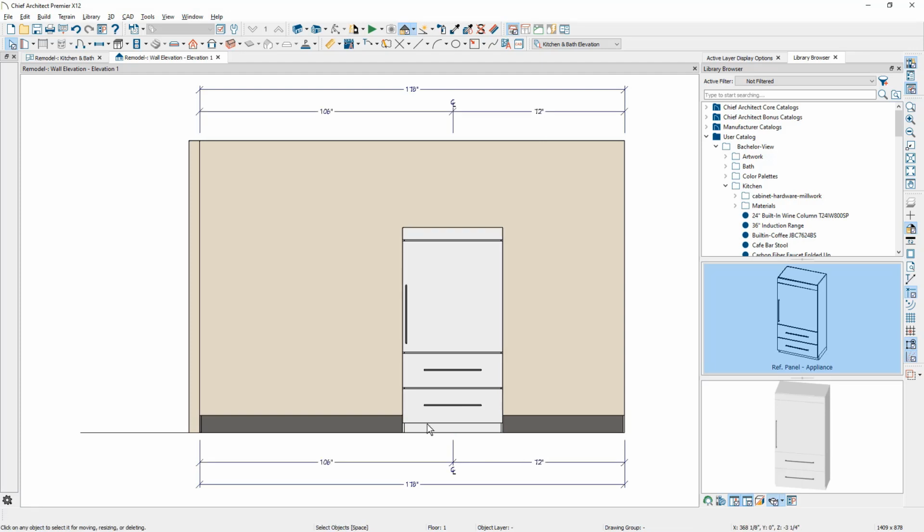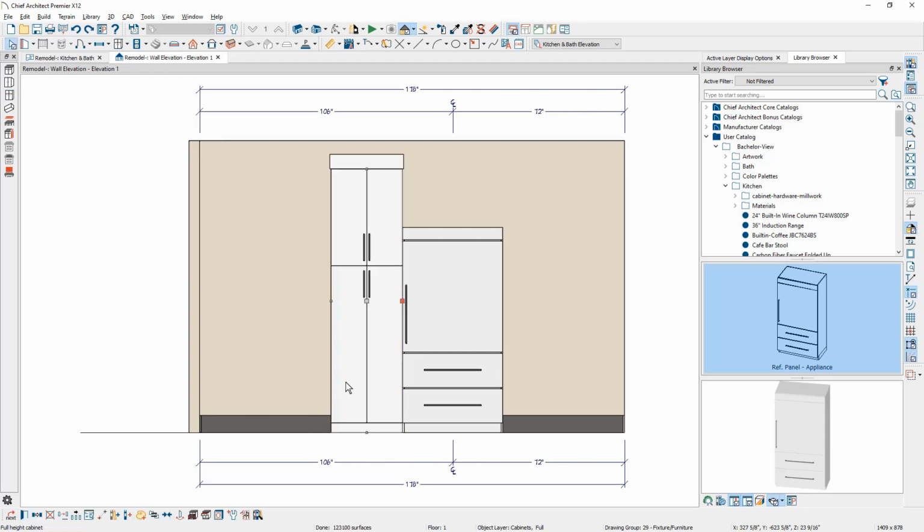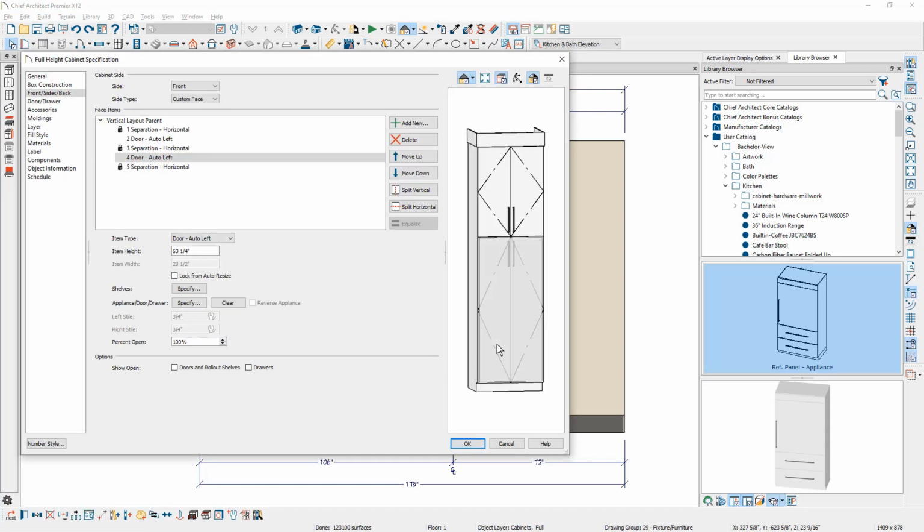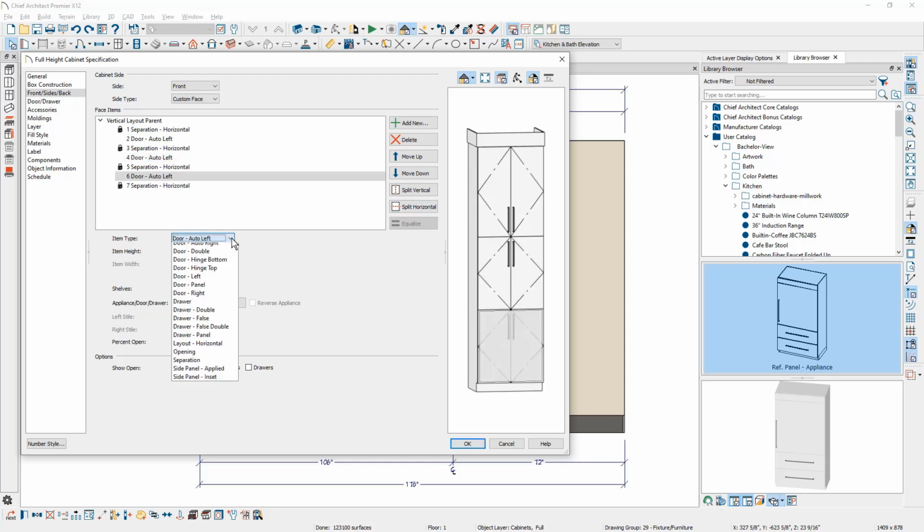Now I'm going to place a full height cabinet off to the left hand side of that refrigerator. You'll find our cabinet tools up in the menu. I'm going to just go ahead and pull that over, bump it up to the refrigerator. With the cabinet placed, I'm going to double click, open it up. I'm going to click on this bottom face item and I want to make a few changes. To begin with, I'm going to use this split horizontal and create an additional face item. I'm going to move down to the bottom face item. I'm going to change that to be a type of a drawer. And then I'm going to use the split one more time.